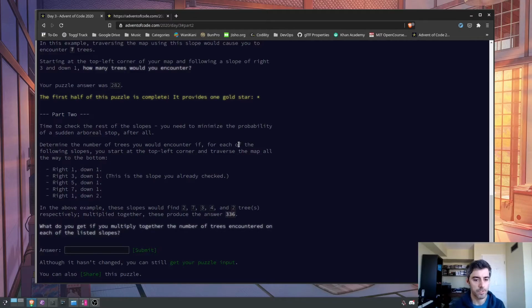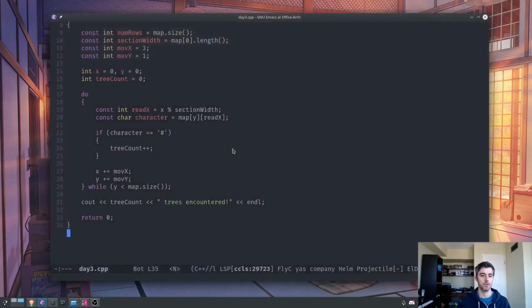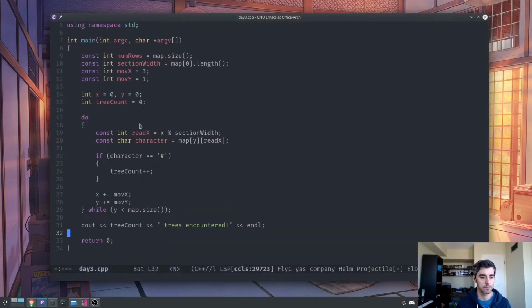Determine the number of trees you would encounter if for each of the following slopes you start at the top left corner and traverse the map. Okay, that's what we're doing already. And then here we're just moving down diagonally, and then the one we've already done. Okay, in the above example, these slopes would find 2, 7. Okay, let's try. Okay, this makes no sense to me. But